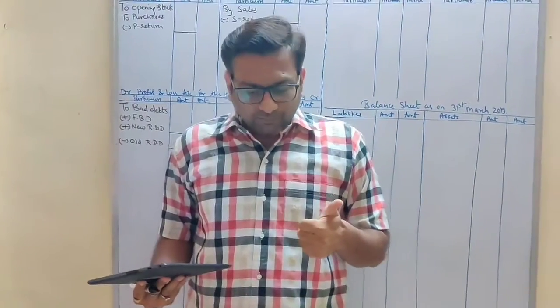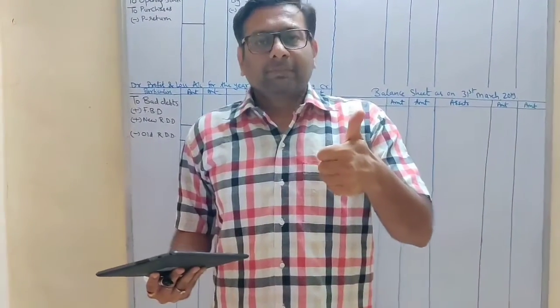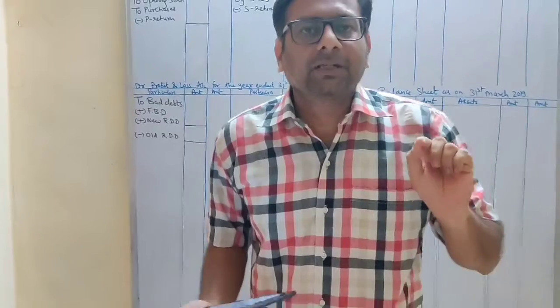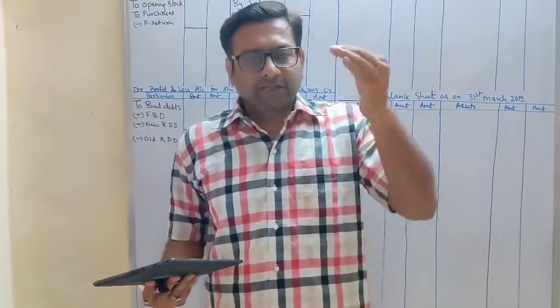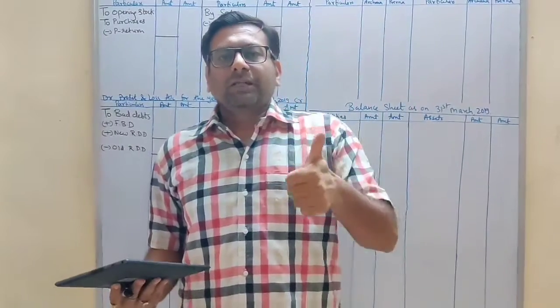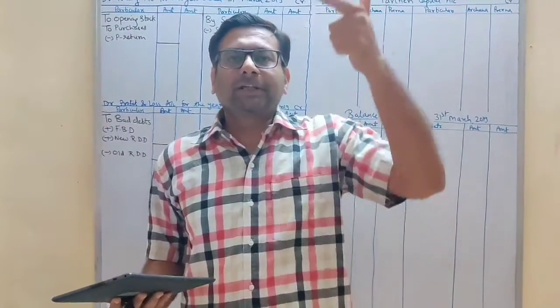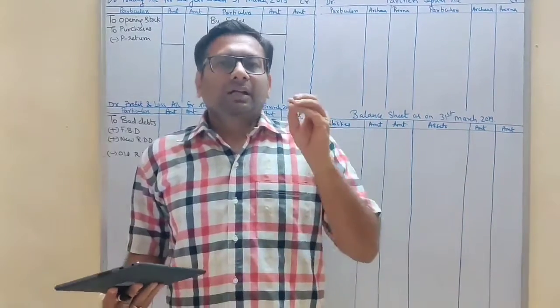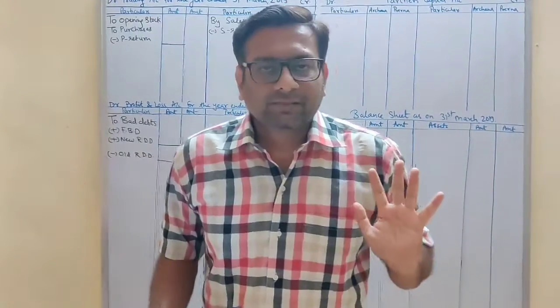Step 1. Ticking means you have to read the adjustment, you have to put tick inside the trial balance, whichever item they have given us an adjustment, those items you have to put a tick. So step 1, ticking. Step 2, complete your trial balance, writing once in your answer. Step 3, adjustment, 2 effects.